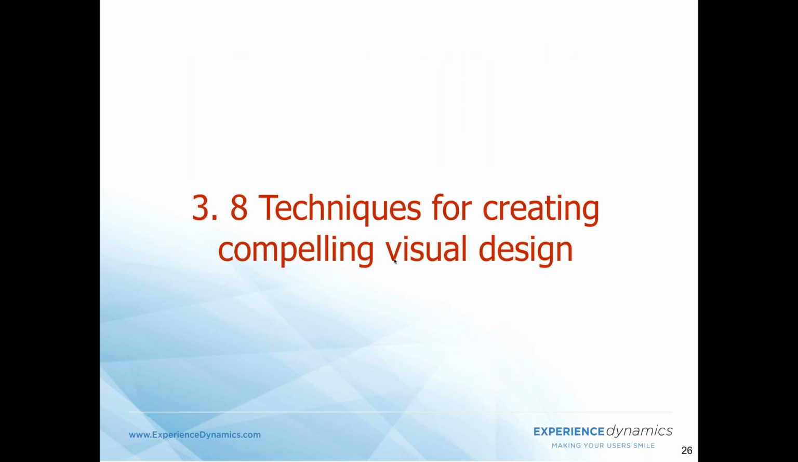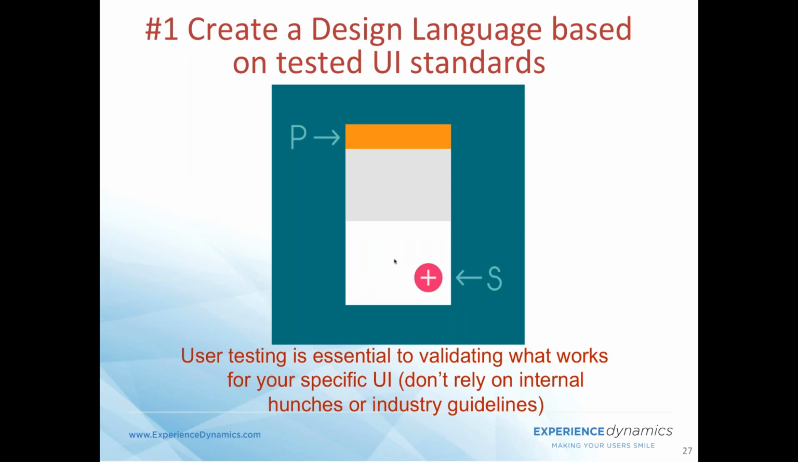So, 8 techniques for creating compelling visual designs. The first one is to create a design language, which you probably already have, but test it. Test your UI standards. Make sure that it's specific to your UI. Don't rely on just internal hunches or, this plus button here, which is known to be a UI element. We